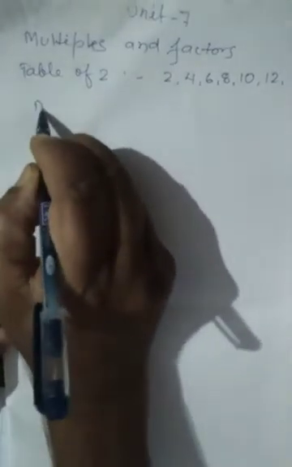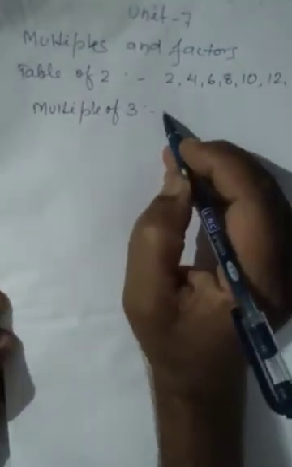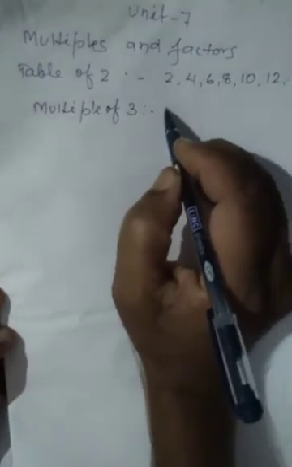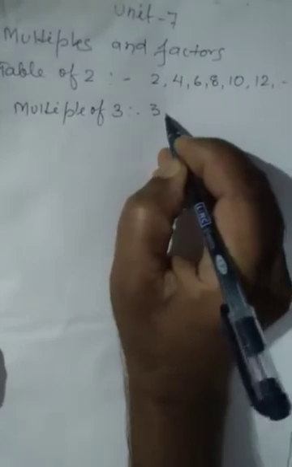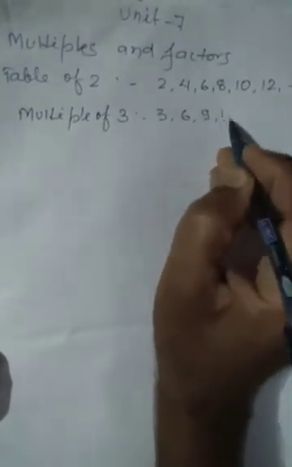See, now how can we write the multiples of 3? Multiples of 3 means we have to find all the numbers which are completely divisible by 3. So the first number will be 3 itself. 3 1 are 3, 3 2 are 6, 3 3 are 9, 3 4 are 12, and so on. We have to move up to unlimited terms. Now see, it is written here that we conclude that the multiplication table of a number contains the multiples